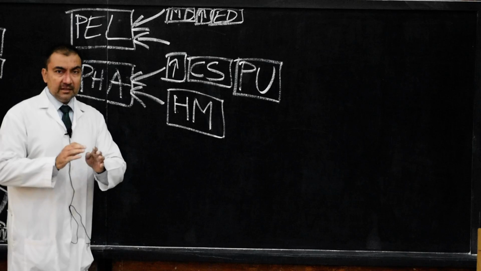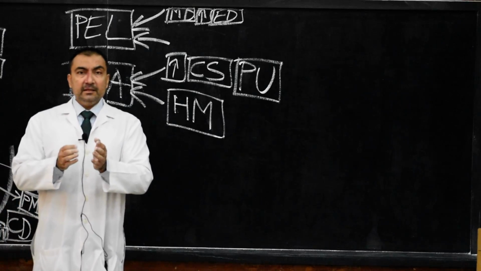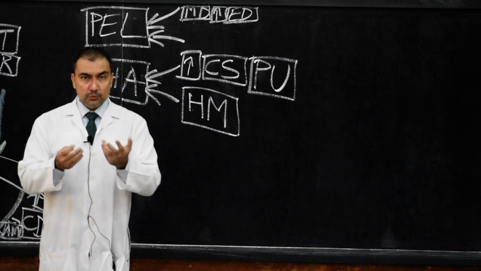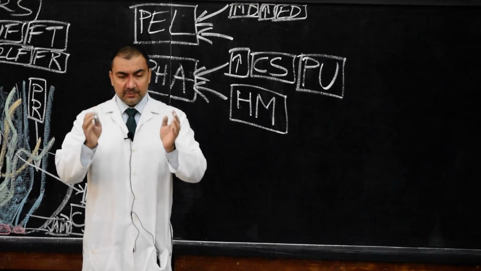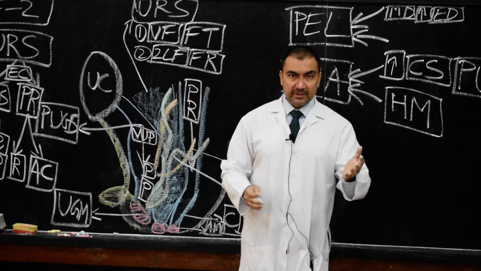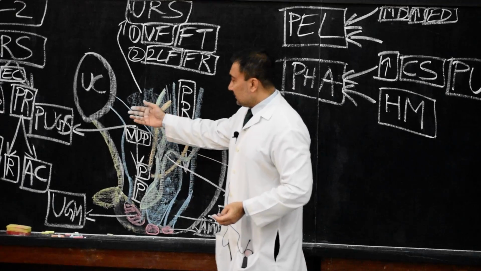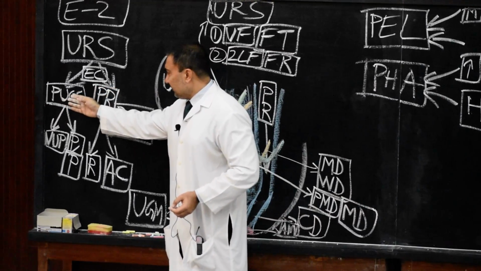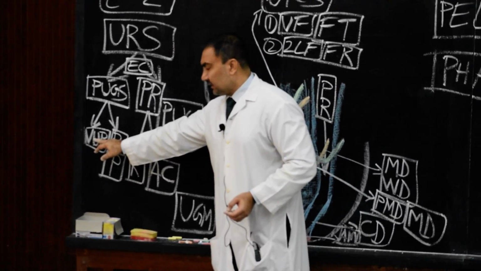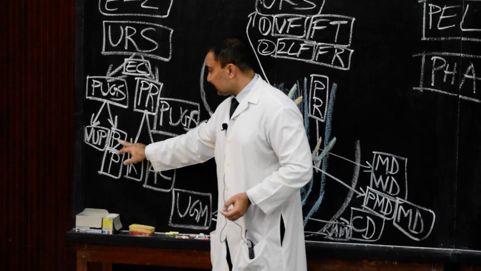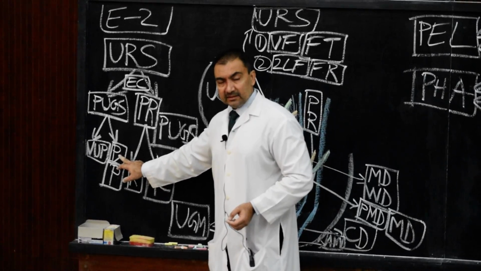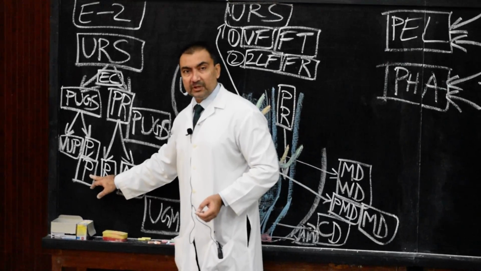So at this stage, in embryogenesis part 2, we have completely discussed the growth of urorectal septum, the structures in urorectal septum, the two pairs of ducts, and how it divides the entire endodermal cloaca into two different segments, the urogenital sinus and the primitive rectum. Primitive rectum will develop into rectum and anal canal, and the primitive urogenital sinus will develop into vesicourethral part and pelvic and phallic portion. The vesicourethral part will develop into urinary bladder, and the other two, pelvic and phallic portion, will receive the terminations of mesonephric ducts, that is Wolffian duct, and paramesonephric duct, that is Mullerian duct.